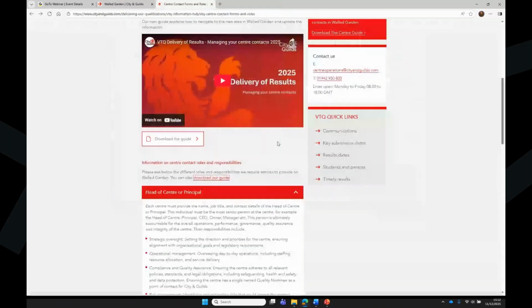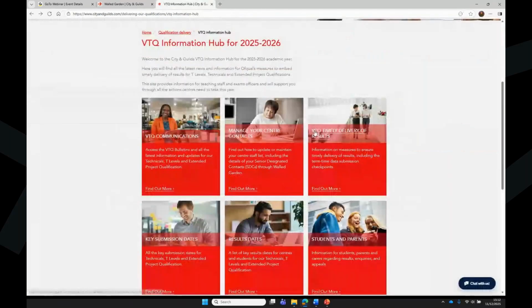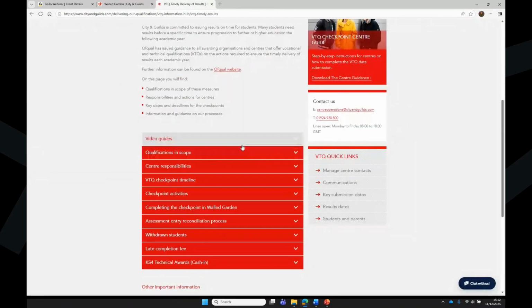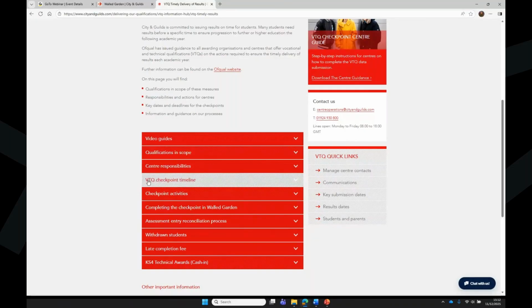So I think that's everything on this page here for the centre contacts. If we just go back to the information hub, you can access our VTQ timely delivery of results page from this tile here. And when you open this, if you scroll down here, there's a lot of information contained within these various drop-down menus. So you've got video guides, qualifications in scope, centre responsibilities, VTQ checkpoint timeline, checkpoint activities, completing